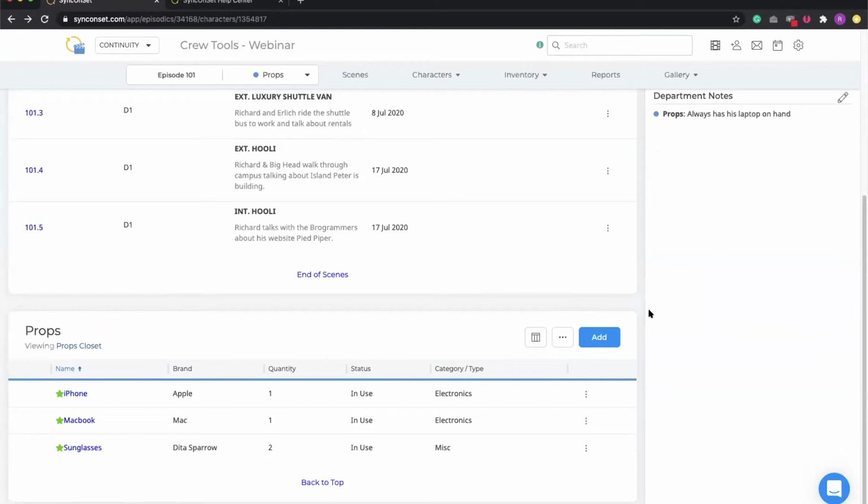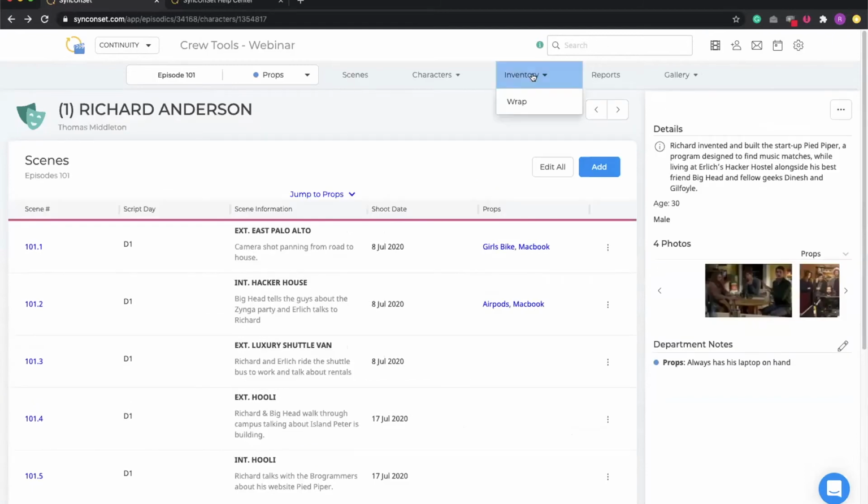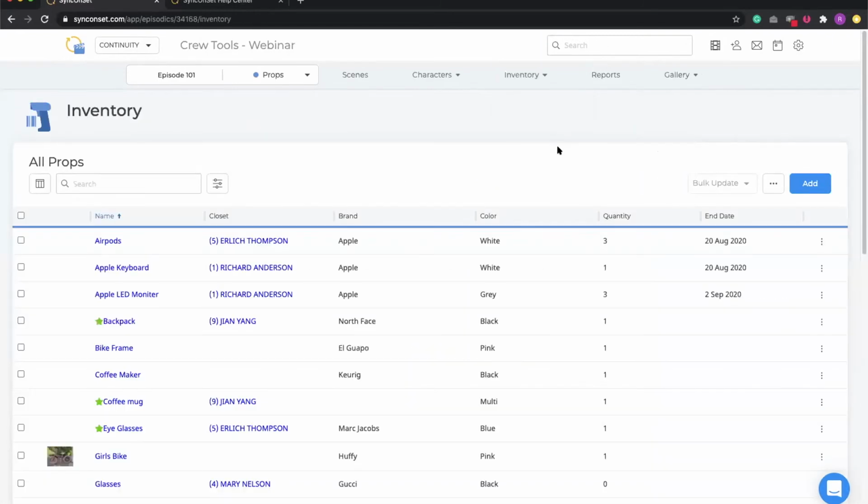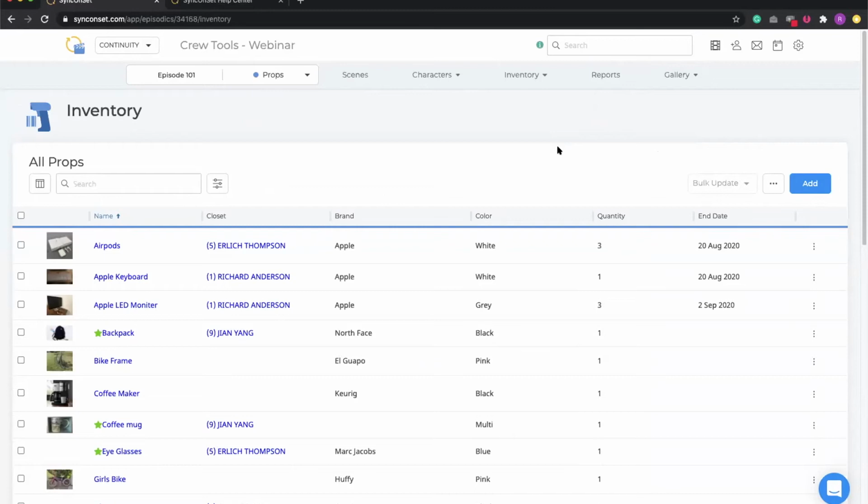You can also create inventory from the inventory index as well, which we'll go ahead and cover here. Perfect. So I want to start out by just pointing out with the inventory index, regardless of where we're creating these props, whether it is on a scene, in a character like we just showed, perhaps right here by clicking the add button off to the right, that should look familiar now, or in the budget, all of your props